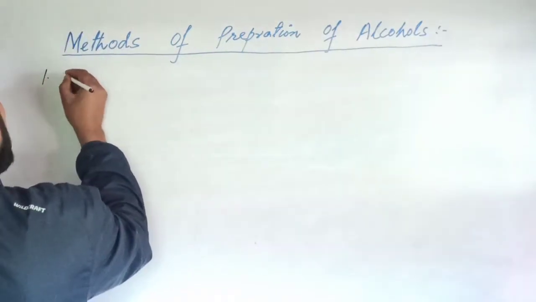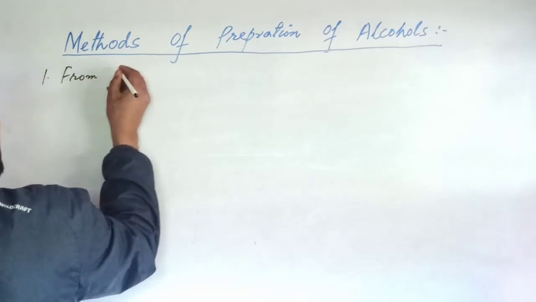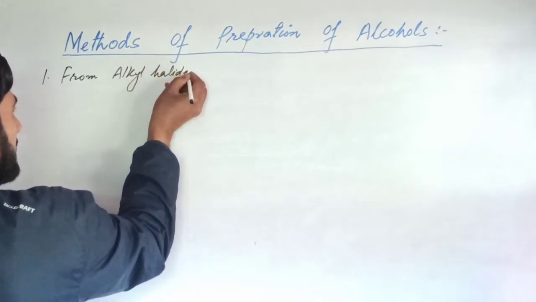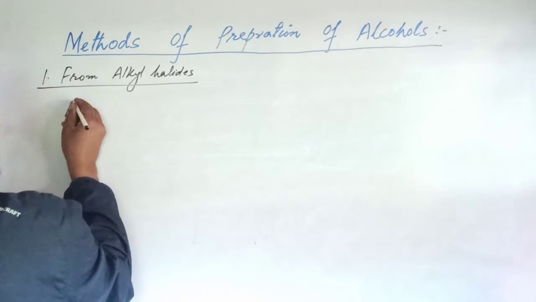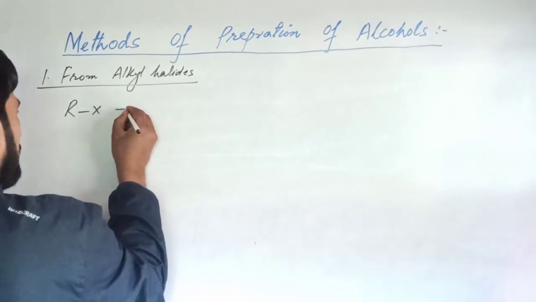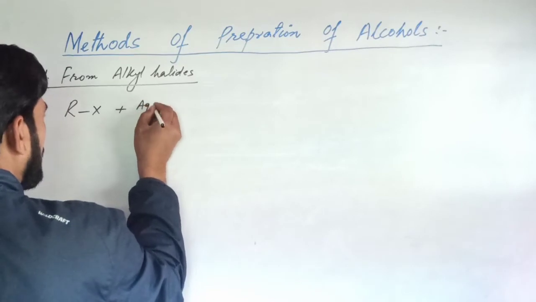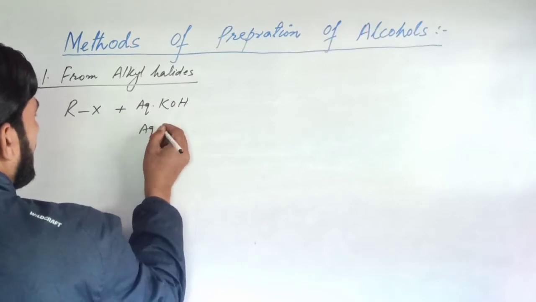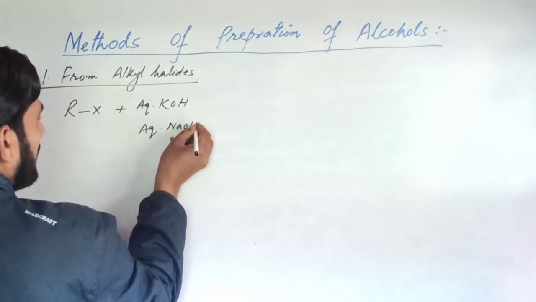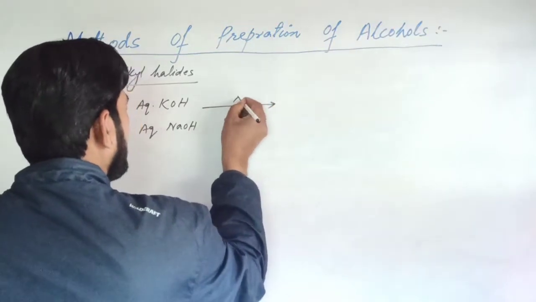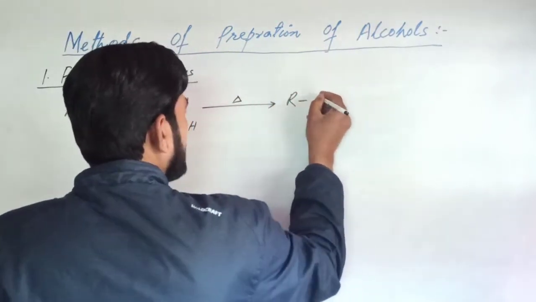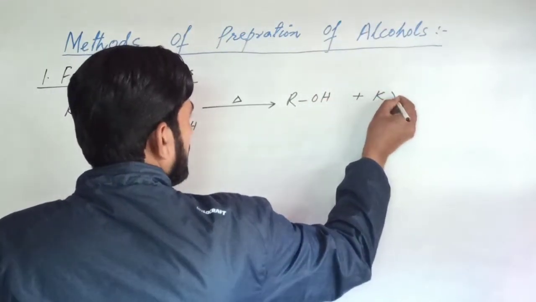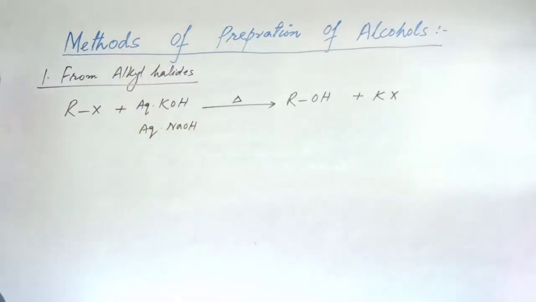First method, from alkyl halide, that means haloalkanes. Alkyl halides, when boiled with aqueous solution of alkali, aqueous KOH or aqueous sodium hydroxide, form alcohol and KX. For example,